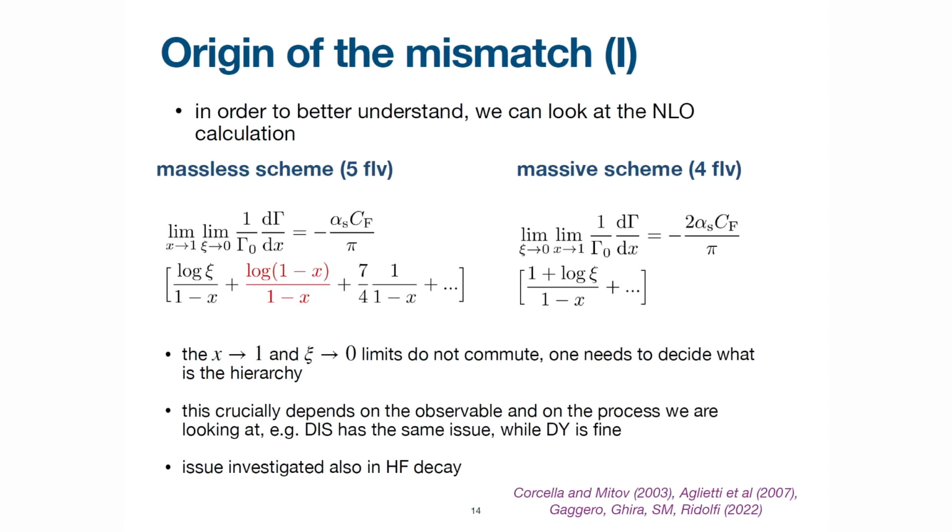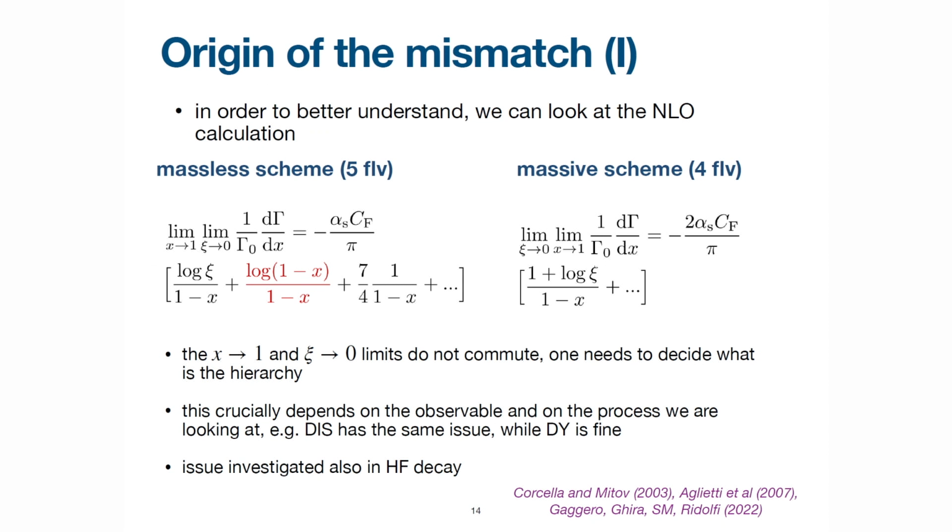So what is the origin of this? This has been discussed in the literature in different contexts. And I guess the problem has been discussed in different contexts that sometimes people forget, we forgot. So if you do the simplest calculation at order alpha s, and you look at the spectrum in x space, and in the massless scheme, what you will do is that you'll take your matrix element, you integrate them, and then you take the massless limit first, and then you take the x to 1 limit.